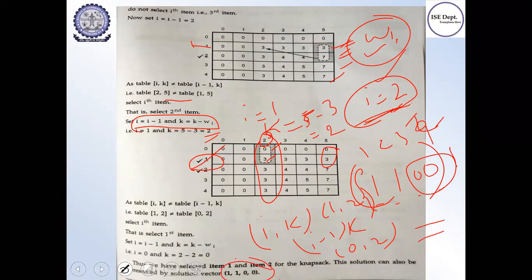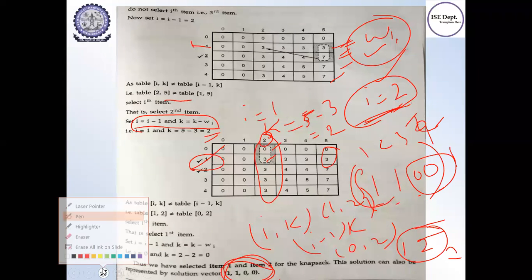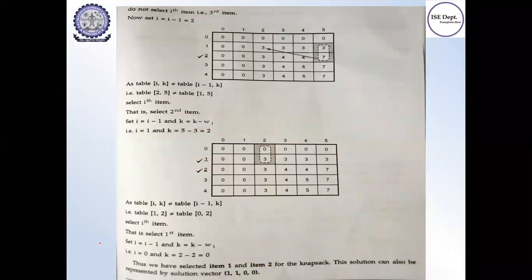So what are we indicating here? This says I am selecting an object, first object and second object, into the bag, so that will fetch you the maximum profit. Okay, this is how a knapsack algorithm will work. Is it clear? So this is one method, based on the problem formulas you're solving this.